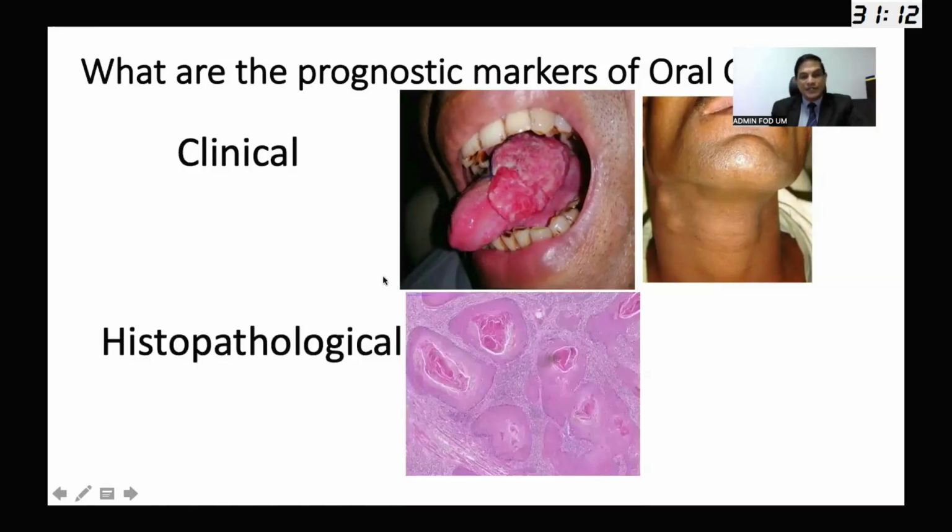And then histopathological. So we should use histopathological parameters, which are important in prediction of prognosis, to a better effect. According to my understanding, we do not use histopathological parameters globally to good effect, although they are very significant. Then molecular, as we all know, we are living in a developing part of the world. The molecular facilities are not very available in terms of diagnosis and in terms of treatment.